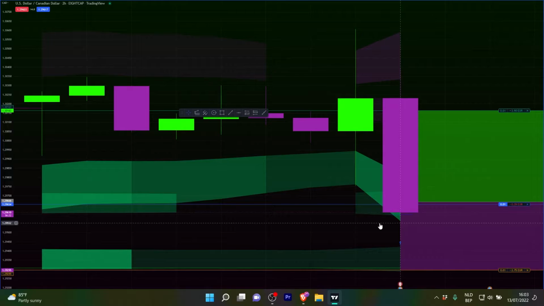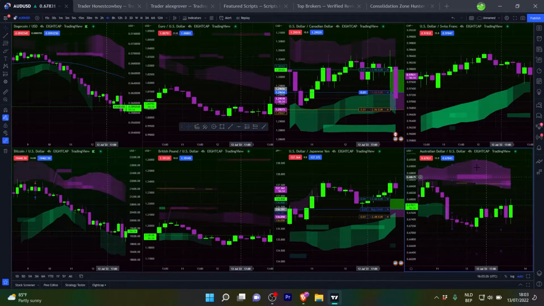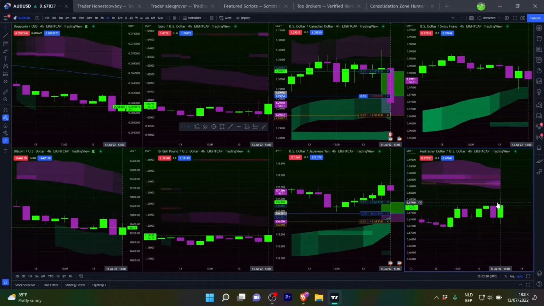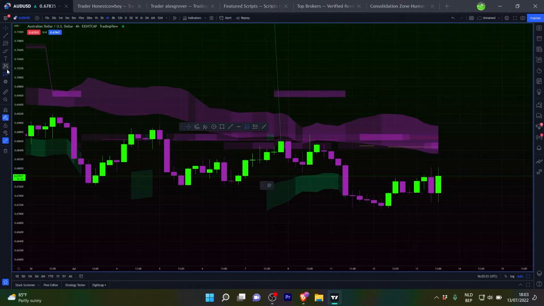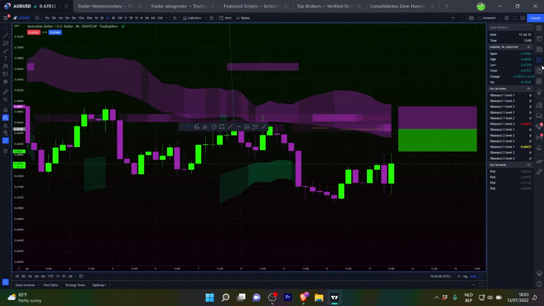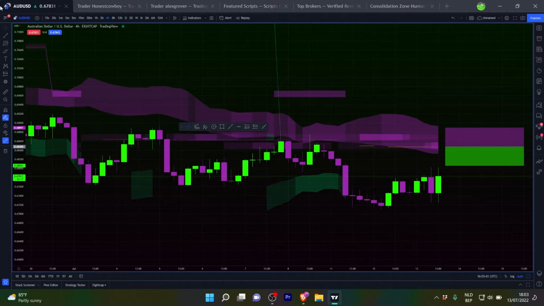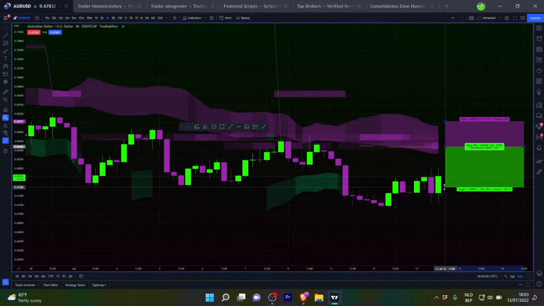Update this later. I found a trade on the Australian dollar US dollar pair on the 4-hour chart. Let's see about position. Would short this here, especially now that this zone has become much more bright, and put stop loss above the band and target these recent lows. You can target quite low,